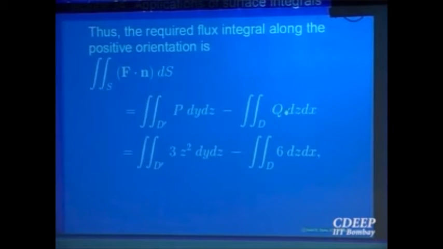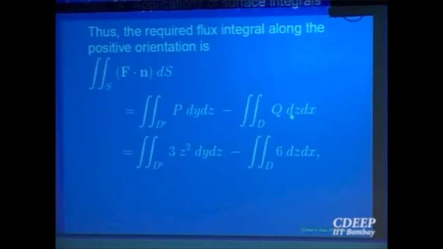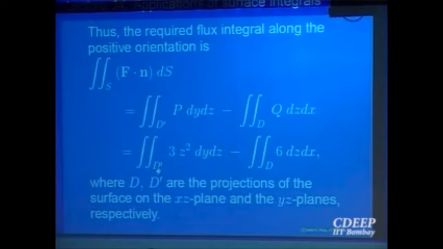Now you can write down, you know the parameterization and compute the integrals. Okay? So it is dx dy, that's why a negative sign has come. It has become a double integral with a negative sign in front. Okay? So that you can compute. What is d prime? dy dz. So another thing, I think that also you should point out, is dy dz. So d prime is the projection of the surface onto the yz plane.